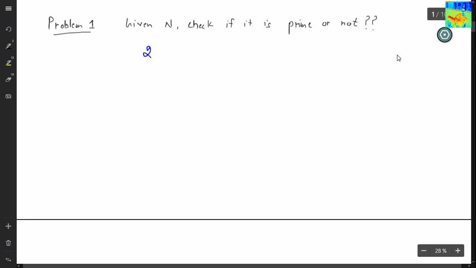Starting from 2 till n minus 1, I will try to find just one single number that divides n. If I am able to find just one single number that divides n between 2 and n minus 1, then n is not prime. Otherwise, n is prime. Okay, so let's write pseudocode.